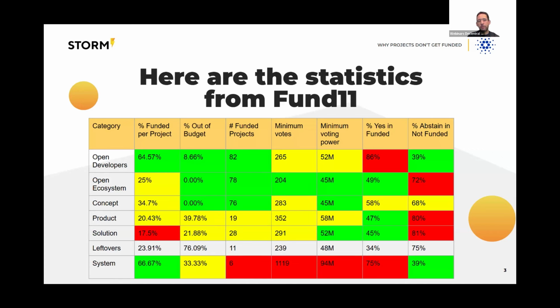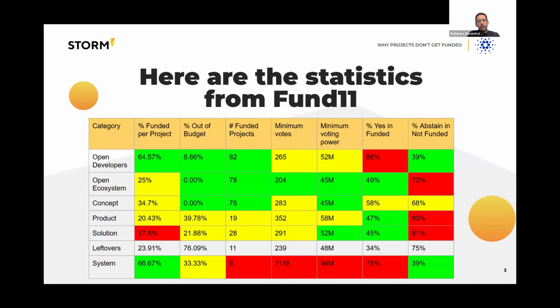64.57% funding rate. And that was only matched by the system category, which doesn't really count because it's core development that's done for the benefit of the ecosystem by the origin body. So it wasn't really something that most people can compete for. In the open developers category, you'll also see that the budget is mostly built to suit. So only